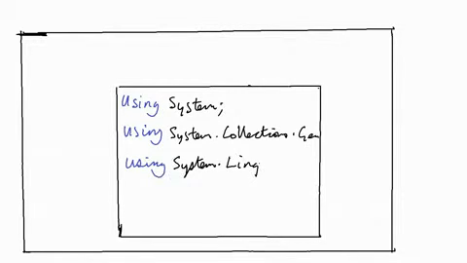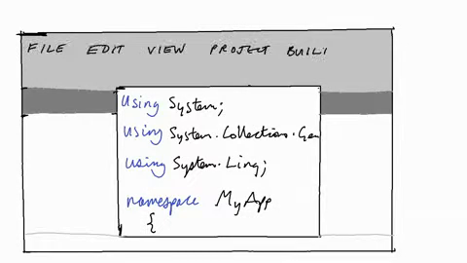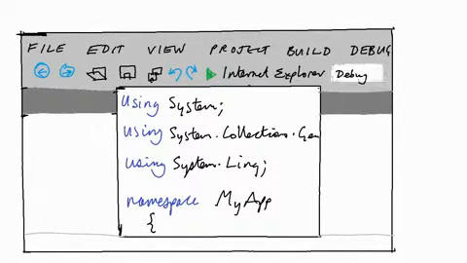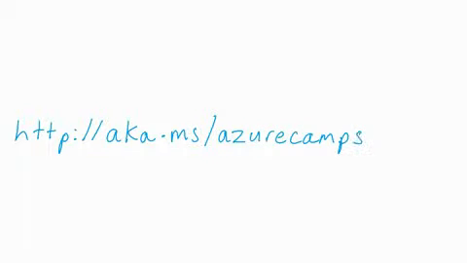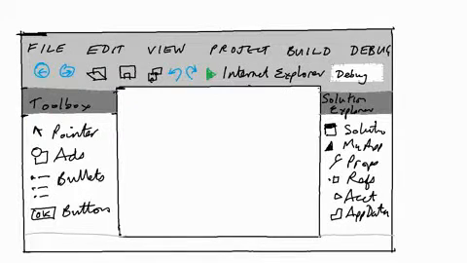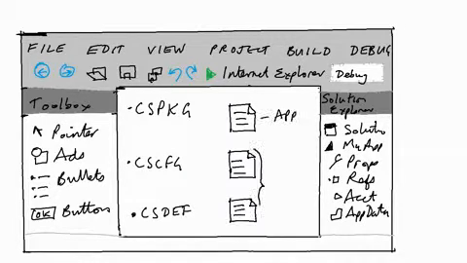2. Fire up Visual Studio and create the Windows Azure app using the Windows Azure SDK. If you want to learn more about how to do this, we run free regular training camps in the UK at this URL, http://aka.ms/azurecamps, AZURECAMPS. 3. When you've done this, you'll get two outputs: the package, or .cspkg, that's what contains your code, and